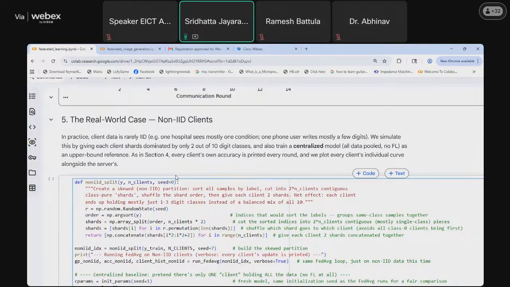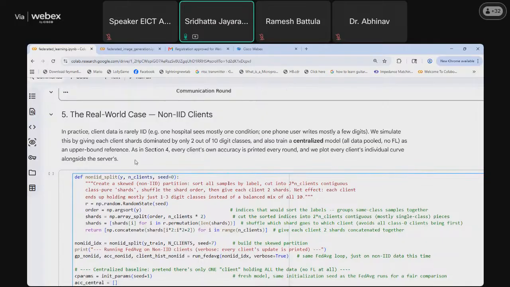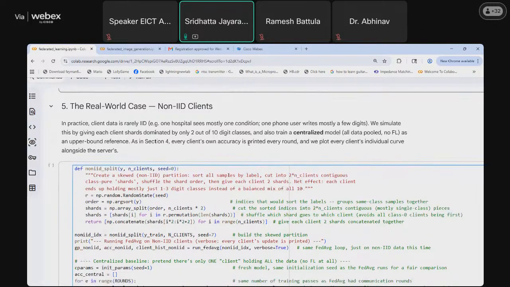So we want to see what happens in that case if we do federated learning. An example would be a hospital, or a phone, where data is extremely skewed because of some rare disease or personalized data. So in that case, how would the centralized model work?